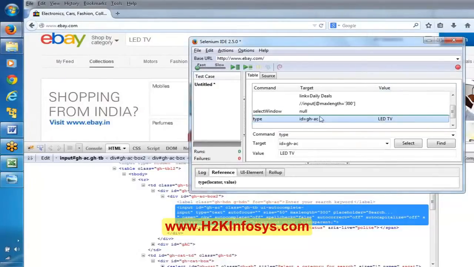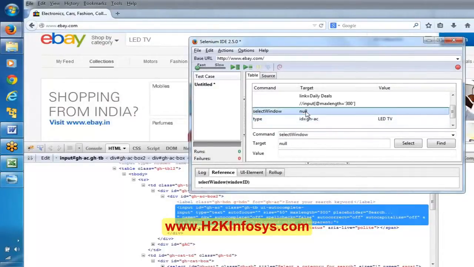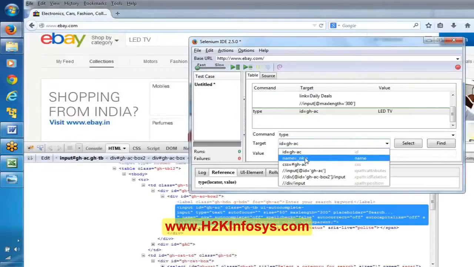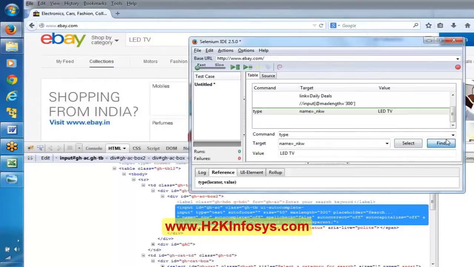Now everyone observe here. By default it took the ID. This is the step that is being recorded by Selenium itself. This is the line which is being recorded by the Selenium IDE. Now if you closely observe the second part, this target, by default it uses this ID. But there is a drop down here, and it has so many other locators. It has the ID locator, it has the name locator too. Here, by using name also we can recognize.